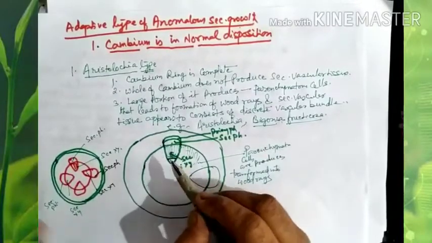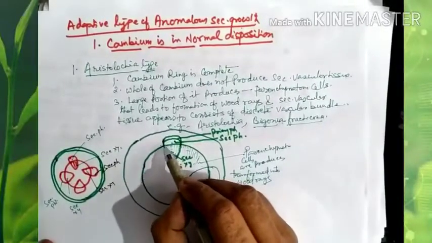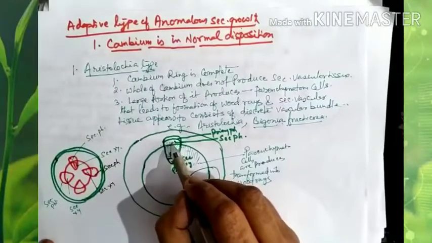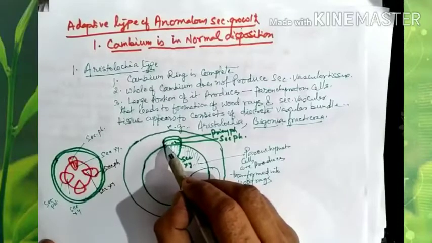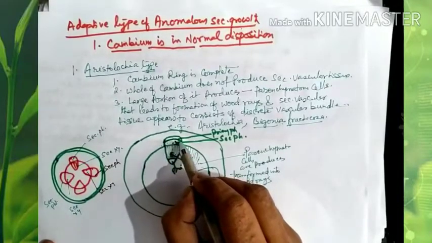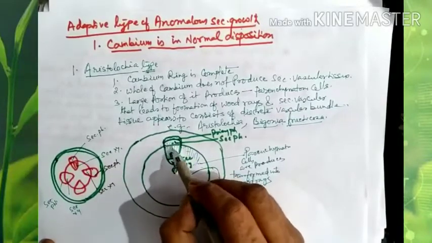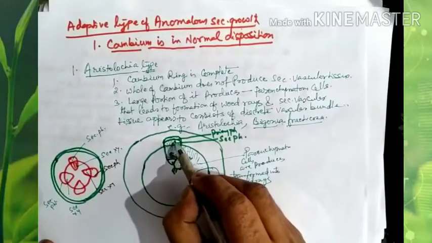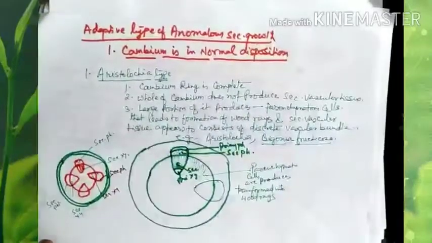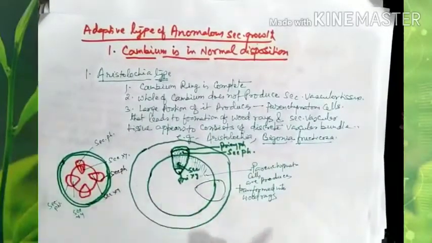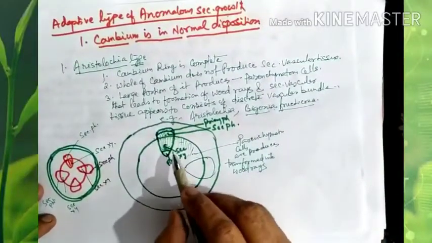And here, upward at the position of the primary vascular bundle, the primary phloem was originally found, but after the anomalous secondary growth, this primary phloem is pushed somewhat upward. This is the position of the primary phloem, because newly cut secondary phloem pushes it more upward, and these are the abnormal structures formed here and there.